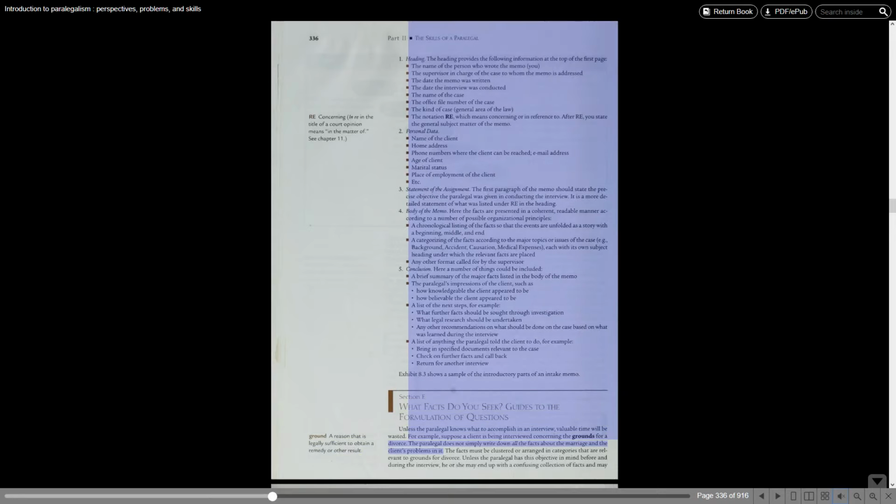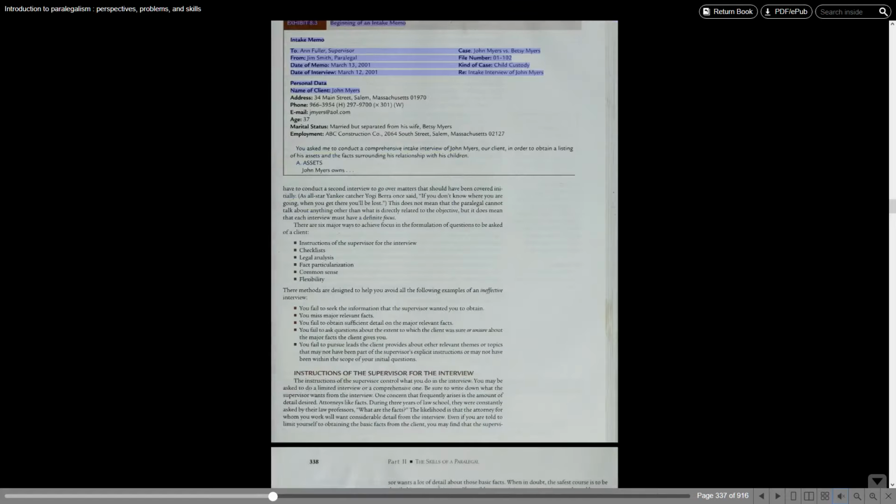For example, suppose a client is being interviewed concerning the grounds for a divorce. The paralegal does not simply write down all the facts about the marriage and the client's problems in it. The facts must be clustered or arranged in categories that are relevant to grounds for divorce. Unless the paralegal has this objective in mind before and during the interview, he or she may end up with a confusing collection of facts and may